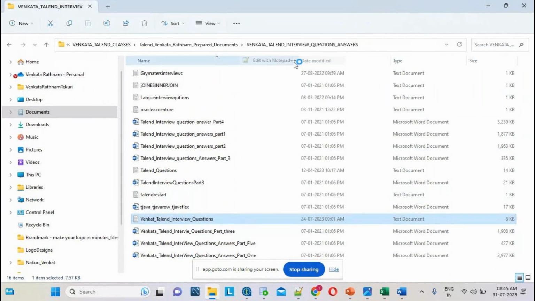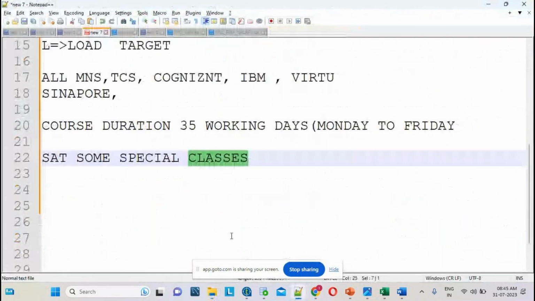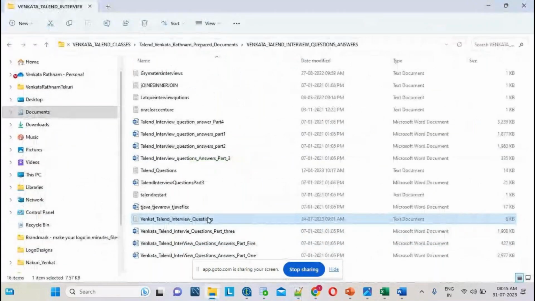Okay, if you learn these questions, whichever I am going to teach, these questions are 100% what they will ask. Most of the interview questions will come from what I am going to cover. Those questions only they will ask. So I am sure that if you learn the course from this institute, 100% you will get a job. But you have to prepare very well.